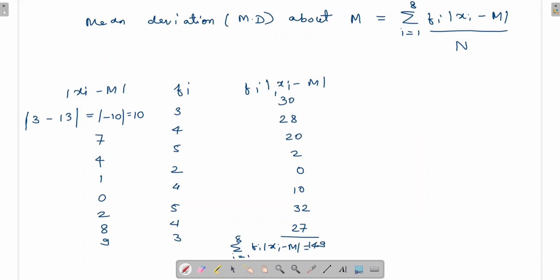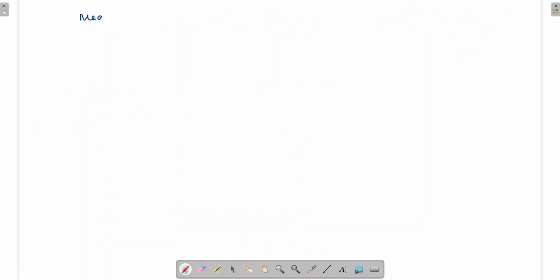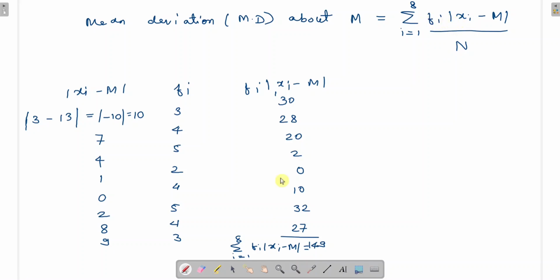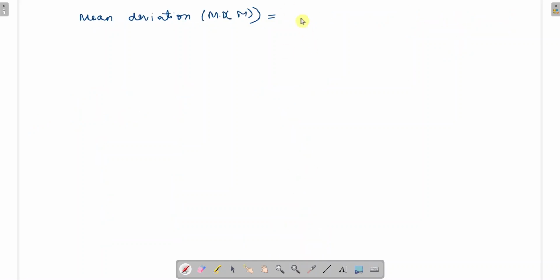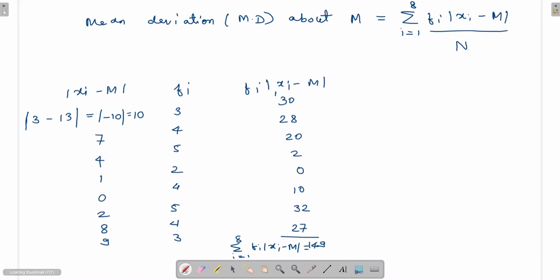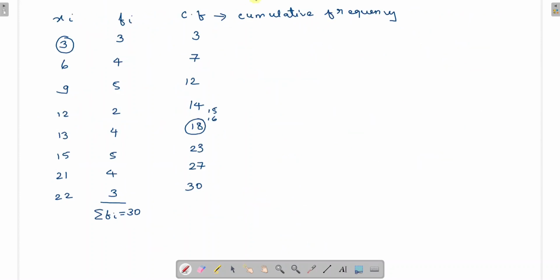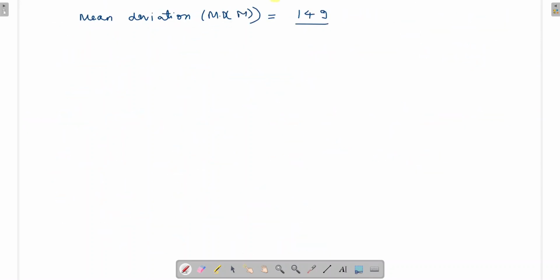so now we can find the mean deviation about M. So the mean deviation MD about M is equal to, this is the formula right here. So what is the total? 149. So 149 divided by capital N. Capital N is 30. So this is equal to,